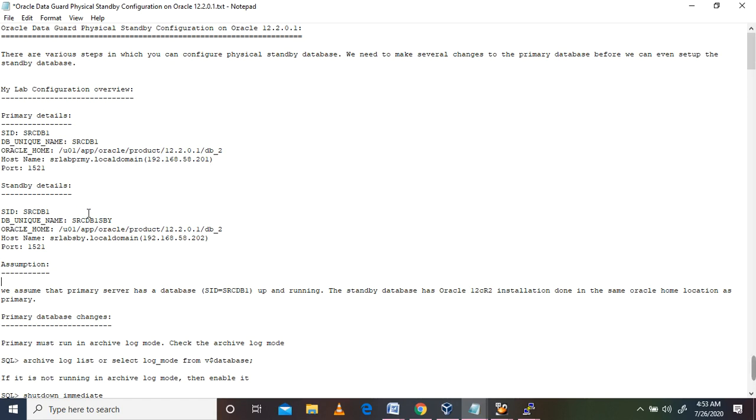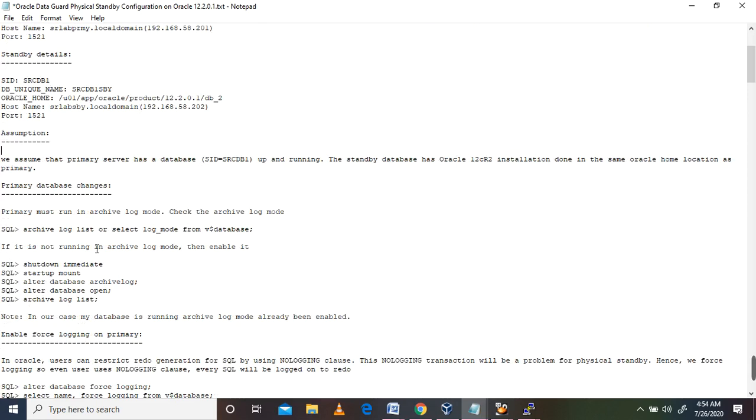The standby database is also SID SRCDB1, which we are going to clone, and the DB unique name I am going to change to SRCDB1_SBY, like standby, with the same Oracle user, home, and host name srlabsby.local domain. The IP address will be changed to 202: primary 201, standby 202. The port number is the same, 1521.